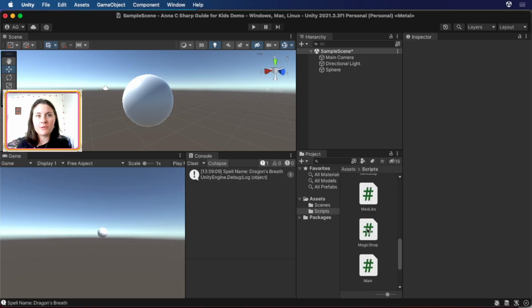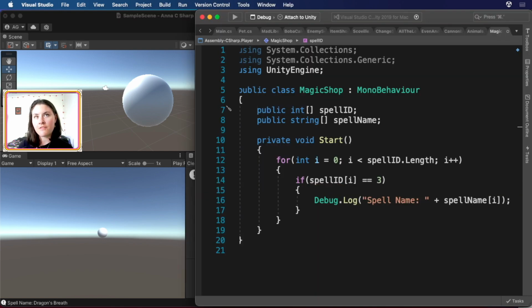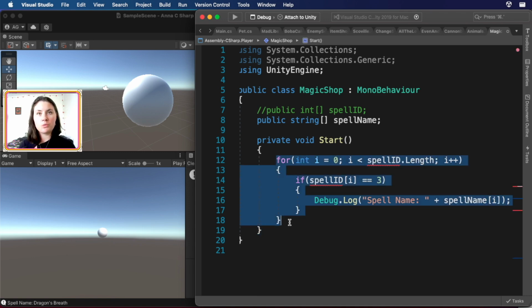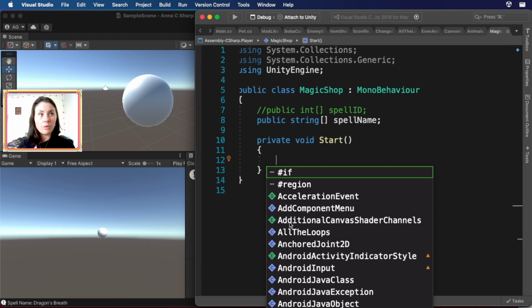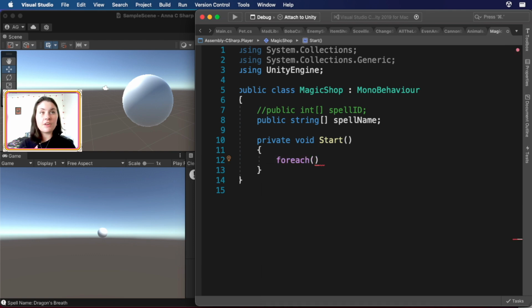Go ahead and go into Unity, and we're going to use the same script as before. We'll use our Magic Shop script. And in here, let's just focus on the names. So I'm going to comment out the spell ID array for now, and let's just say we want to use a for each loop to print out all of the names of our spells. Well, the way to do that is you just type out foreach and then open up parentheses. It's very similar syntax, but what's different is what the condition is. So we say for each var, which we'll get into in just a sec, and then you give this variable a name,